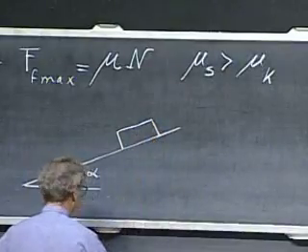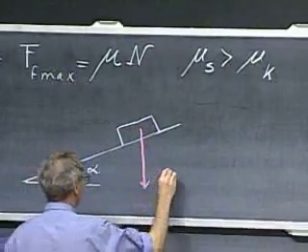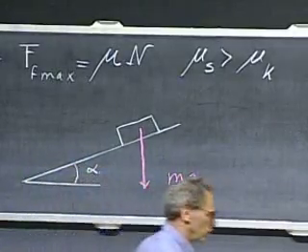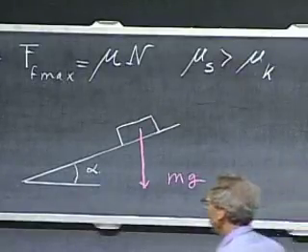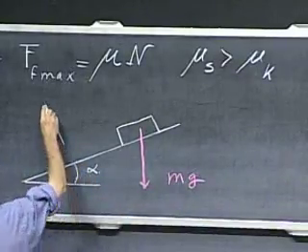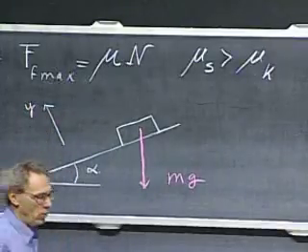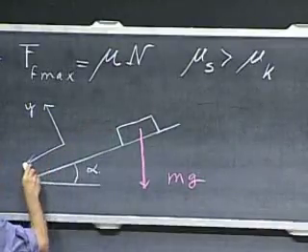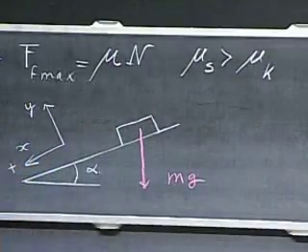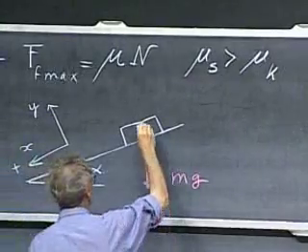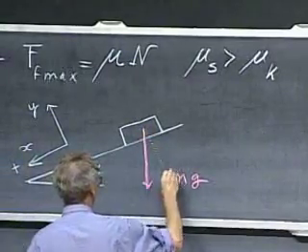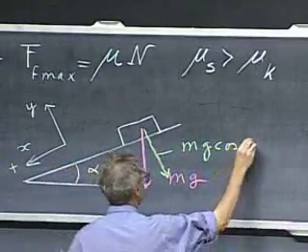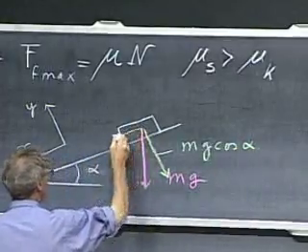Here is the object. This is the gravitational force mg, which I will decompose in two forces. One in the y direction, which I always choose perpendicular to the surface, and another one in an x direction. You're free to choose this plus or this plus. I will now choose this, the plus direction. I'm going to decompose them. So I have one component here, and this component equals mg times the cosine of alpha. And I have a component in the x direction,